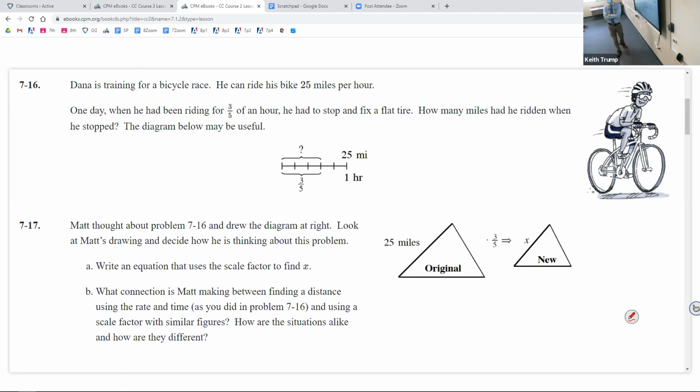Okay, yeah, there's a way of solving this with diagrams, okay? But a lot of the times the diagram is not going to be the best option because sometimes the percentages get too complicated. So we have 3/5 of an hour and we have 25 miles per hour. It's asking us how many miles. If I'm going to use the ratio table strategy,